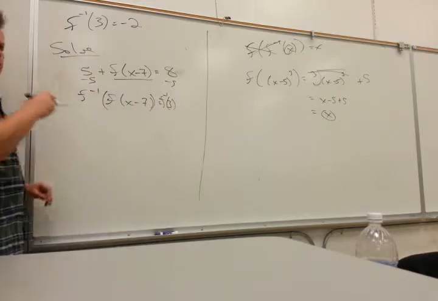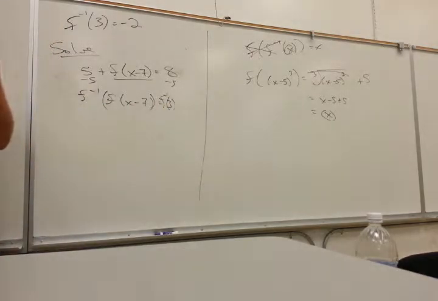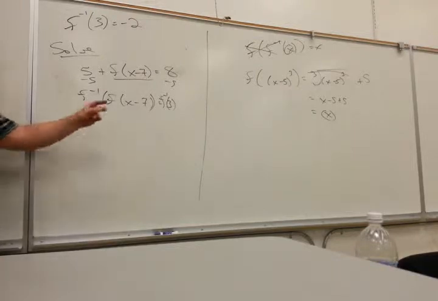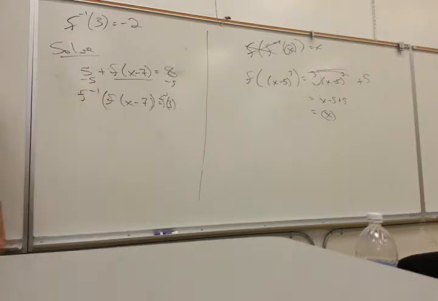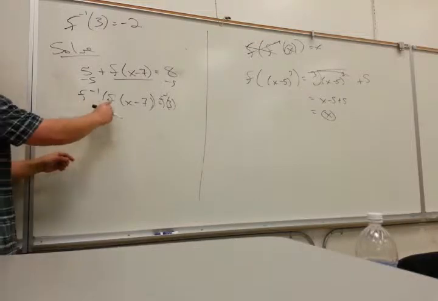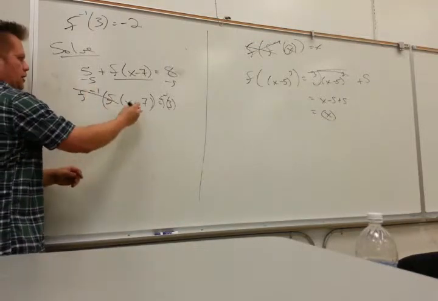of both sides. It's just like squaring both sides. Because what does it mean when I square both sides? I'm applying the square function. What does it mean when I cube root both sides? I'm applying the cube root function. So what am I doing here? I'm applying, I'm not really sure, it's just the opposite function. That's all I know. What could f be? I don't know, as long as it has an inverse. So what do these two do? Cancel. So I get